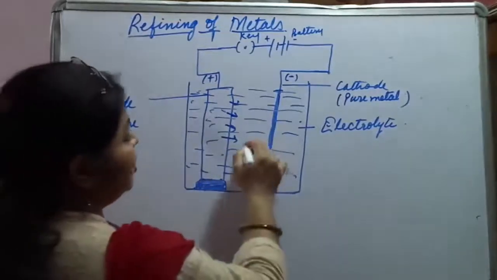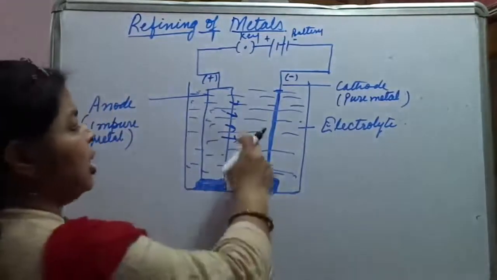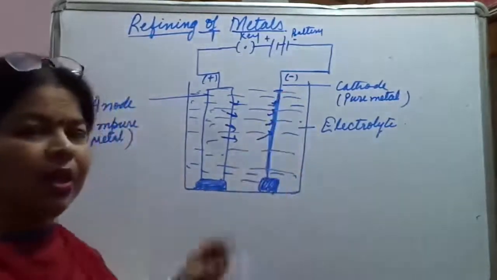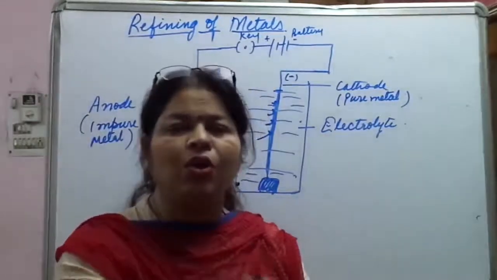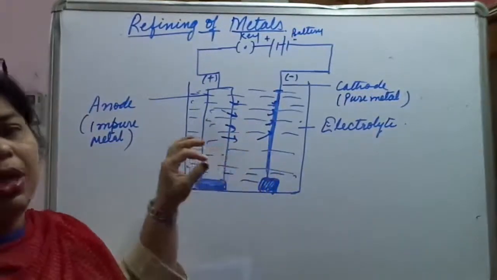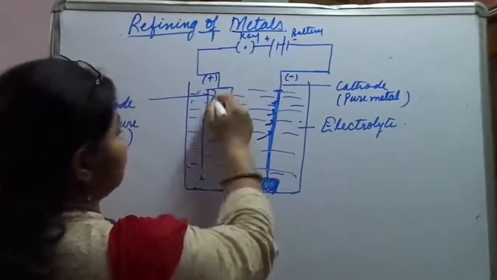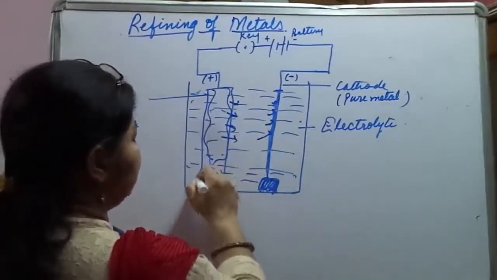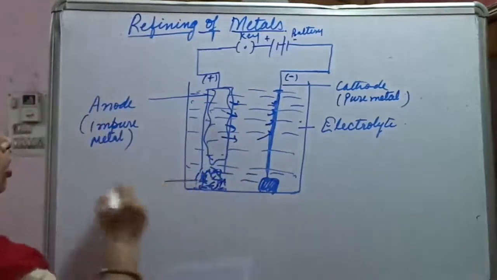Okay, and this will be overcoming the deficiency that is produced in the electrolyte. And from the electrolyte, what will happen? It will go to the cathode and get deposited over there. So it will take place until the last cation is left here. Okay, and below this, in the form of impurities, what will be found here? It is going to reduce with time, and at last there will be some unwanted substance collected. We call it anode mud.